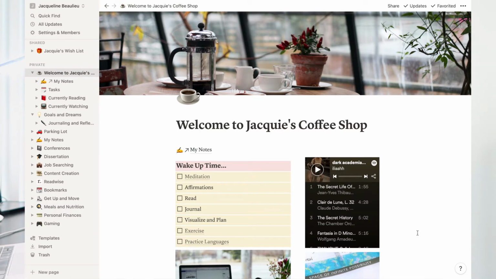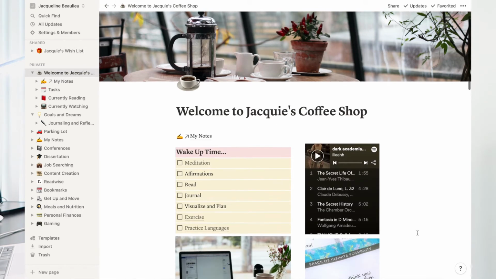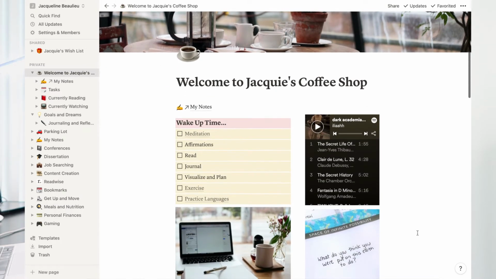Inspired by some fellow YouTubers, the first thing that I considered was what sort of atmosphere I wanted my Notion main page to help create for my work sessions. Right now, I decided to go with a coffee shop theme since I've been missing the ability to work in coffee shops. Using the Unsplash integration, I selected some photos that would help to create an atmosphere of sitting by a window in a coffee shop.